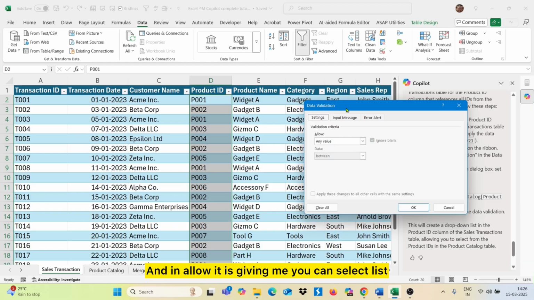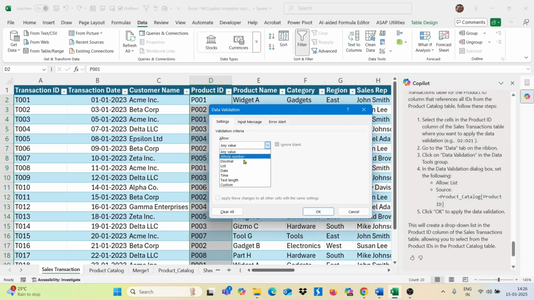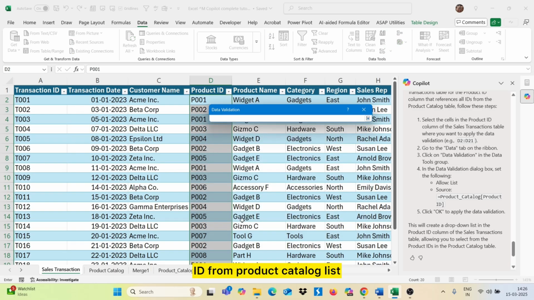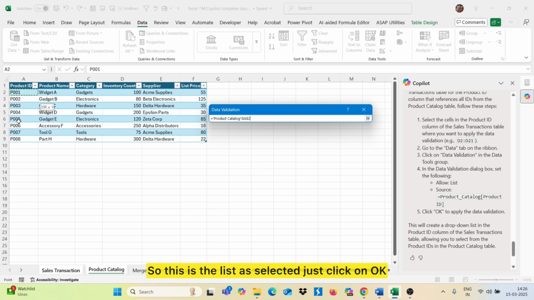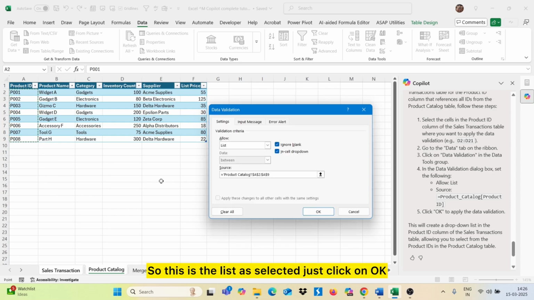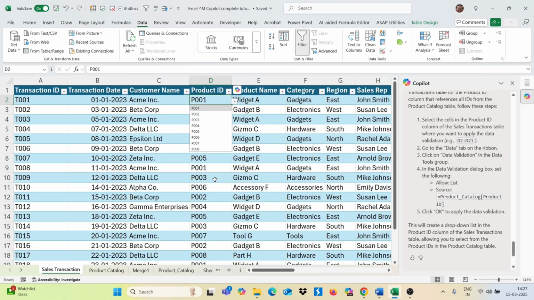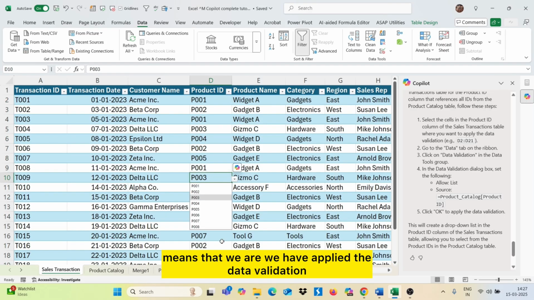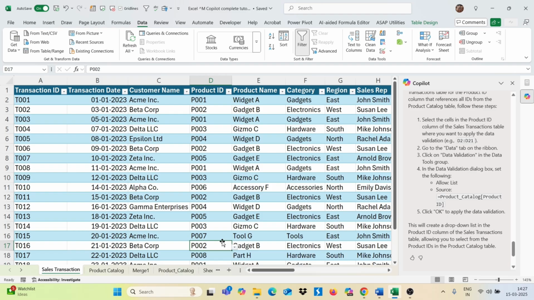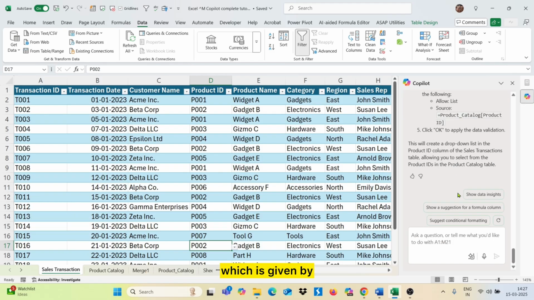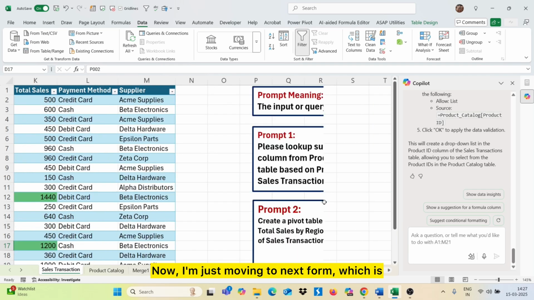And in Allow, it is saying you can select List, and in Source, you can select your product ID from the product catalog list. So this is the list I have selected. Just click on OK, and you can see we are getting the drop down. That means we have applied the data validation on this range of the sales transaction table. So this is how you can follow the steps which are given by Copilot. Now I'm just moving to the next prompt, which is